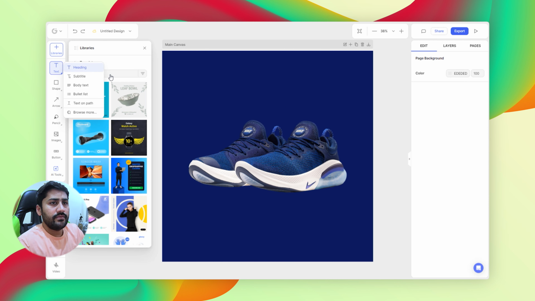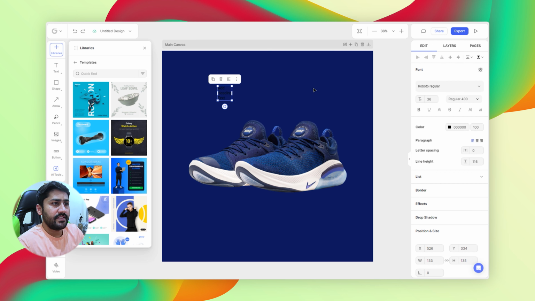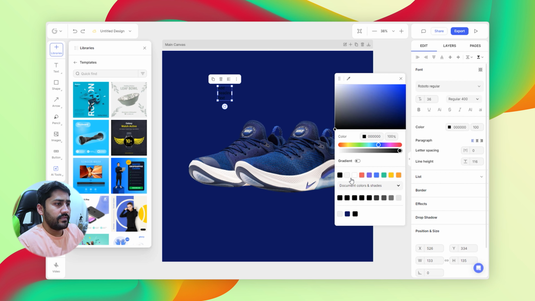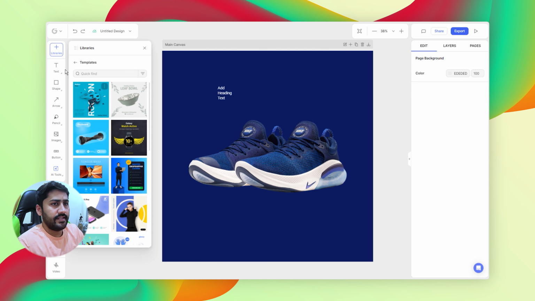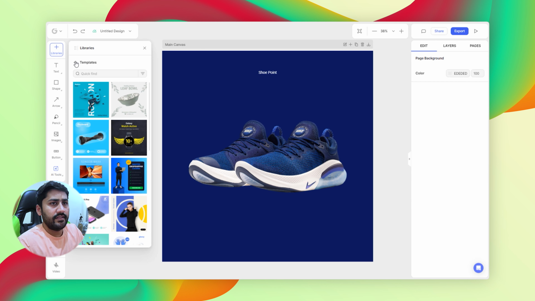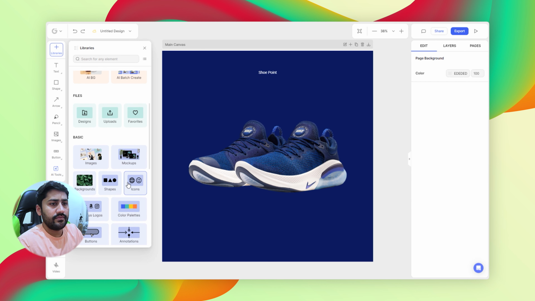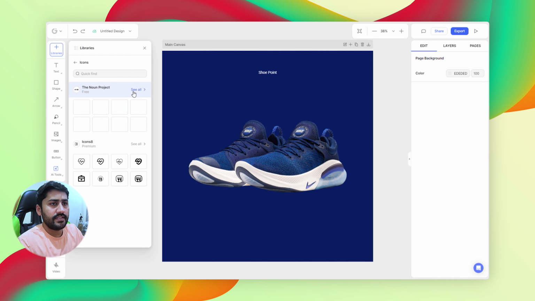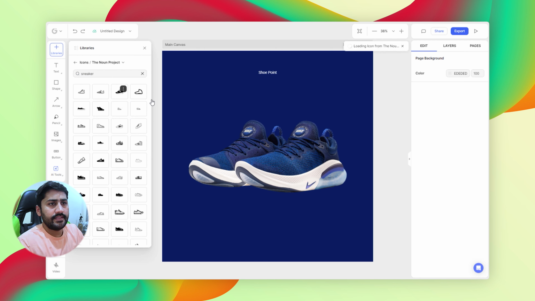So first thing, we need to add some text. So let's start with the logo first of all. So let's change the text and add the company name. For example, let's say it is Shoe Point, the name of the store we have, and we are going to center align it, place it here. And also we will need an icon. For the icon, we need to go in the icon section and search for sneaker, and let's say this is the